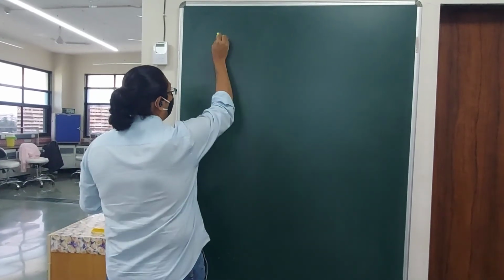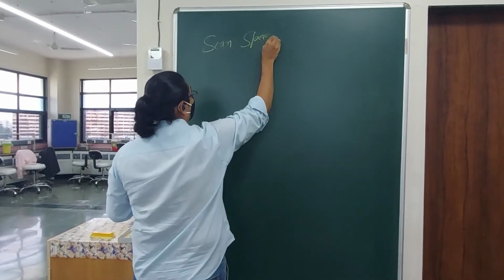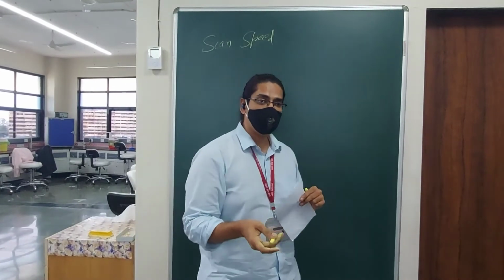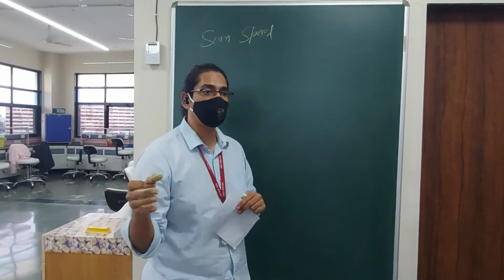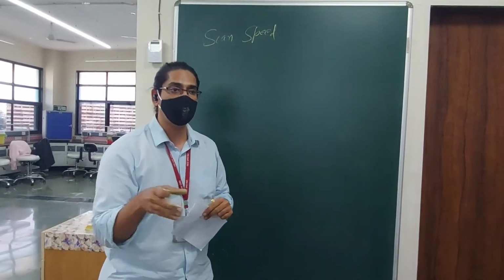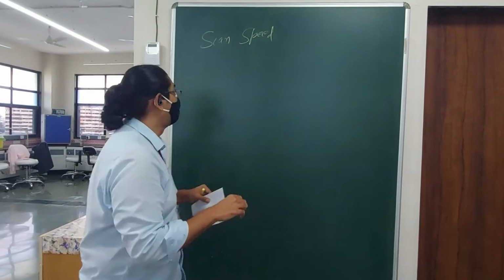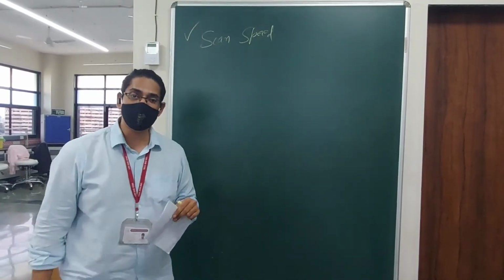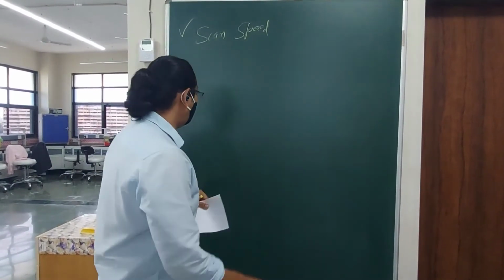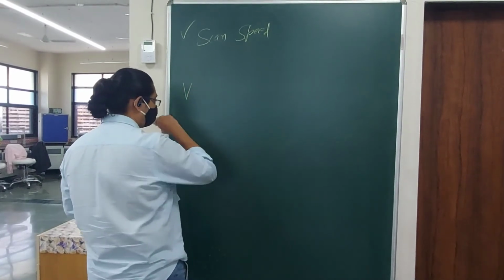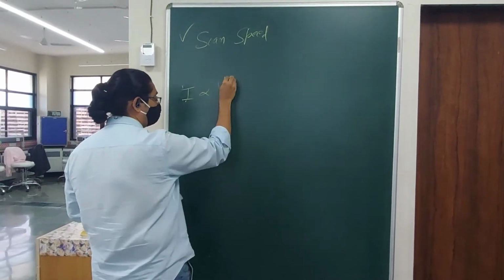So first we are going to do the scan speed. For any new compound, you first have to optimize the scan speed, like how fast you are going to scan through, how many millivolts per second, so that you get the complete voltammogram. That is the first part. This is the first thing we are going to do for a 1 millimolar ferricyanide solution. Then if you see your voltage, your current is directly proportional to it, right?